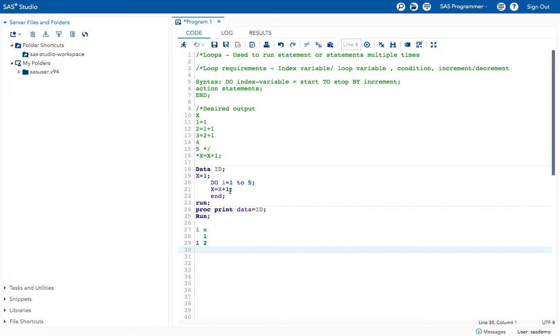After finishing this statement, what will SAS do? I have a do loop, right? So it will go back to this do loop statement, and now it is the second iteration. We have completed the first iteration, and now it is the second iteration, so i equal to, write 2 here. And now what is the x value here? You have to take this as the x value now. So we got the x value as 2 earlier, right? So now 2 plus 1 is 3.